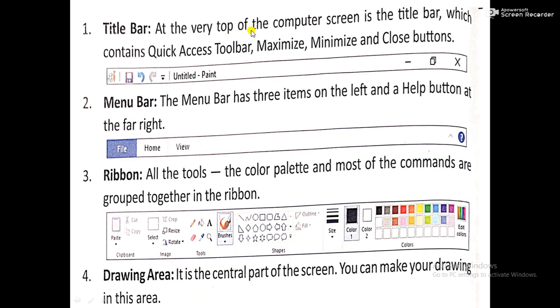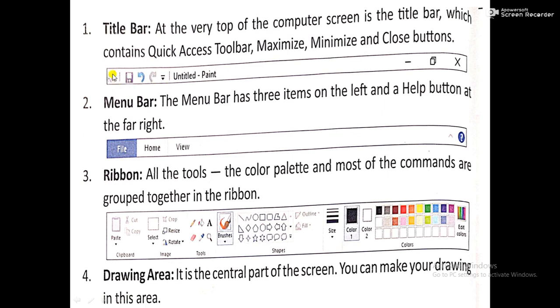The title bar at the very top of the computer screen contains the quick access toolbar, and the maximize, minimize and close buttons. As you all know, in every program we see the title bar situated on the top of the window. So the topmost bar on the computer screen is known as the title bar.